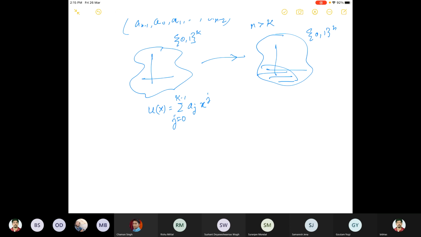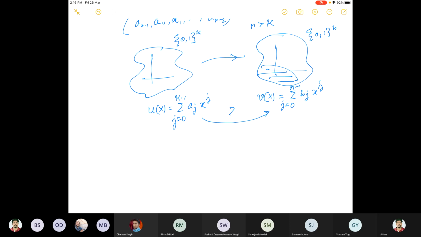I want to change this to a new polynomial, which is of degree at most n minus 1, some bj x to the power j, j equal to 0 to n minus 1. So the question is now, how do I create such a correspondence, assuming that it is a cyclic code,